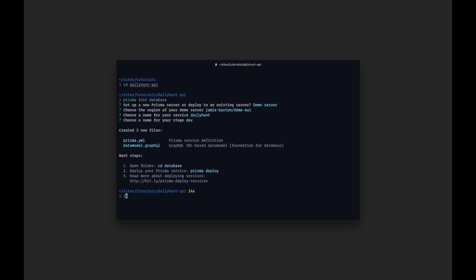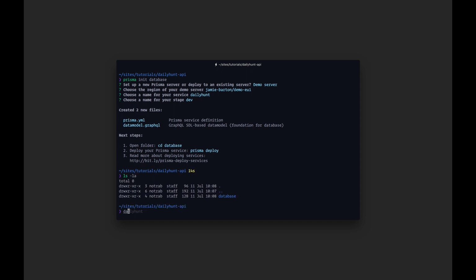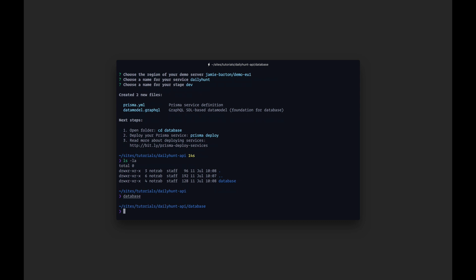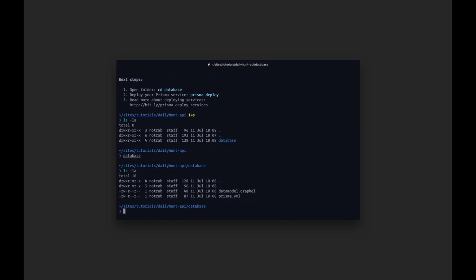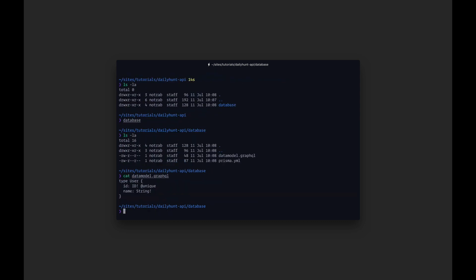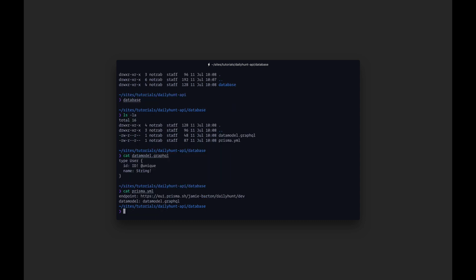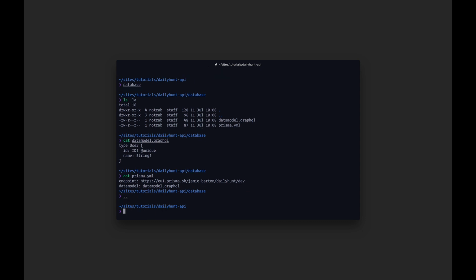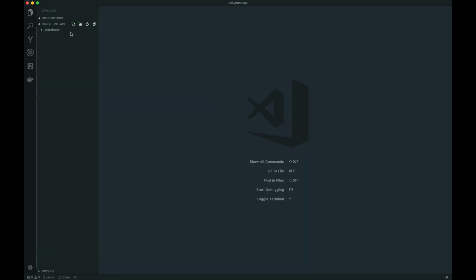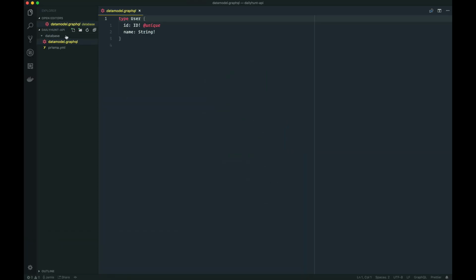and we'll come to that later when we look to deploy this application. So what this will now do is it will create two files for you. It will create a prisma.yml and a datamodel.graphql. And these are the fundamental part of any Prisma API, and we'll be editing these files next to get started. So let's have a quick look at these files, and you will see if we just list our directory and we move into the database folder, because that's what we named our project, we have this file called datamodel.graphql,